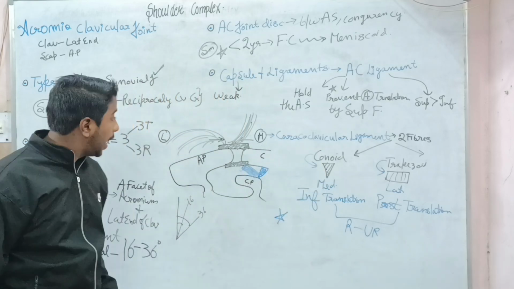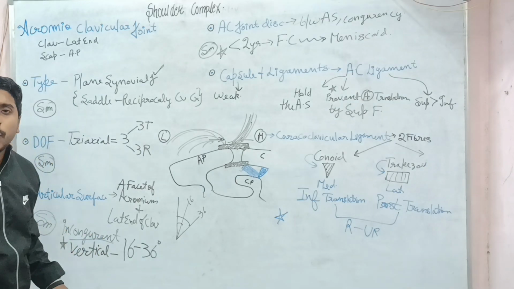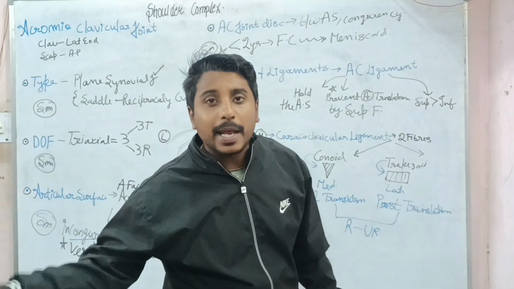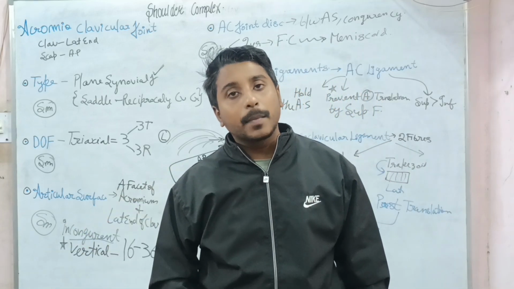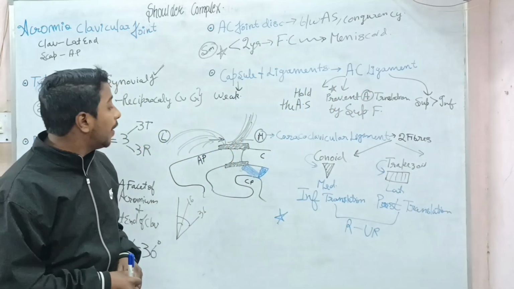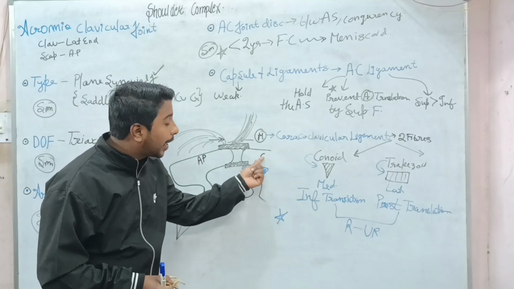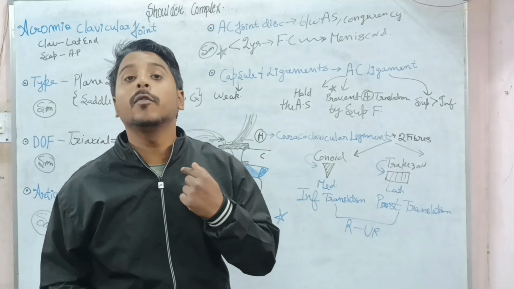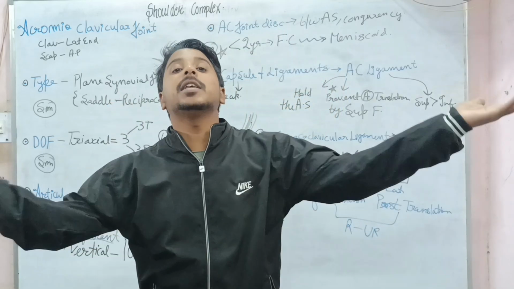But the acromioclavicular joint is an incongruent joint. It may undergo any sort of dislocation or subluxation. So this ligament helps to transfer the force to the clavicle so that it moves toward the sternoclavicular joint, and it helps to dissipate the